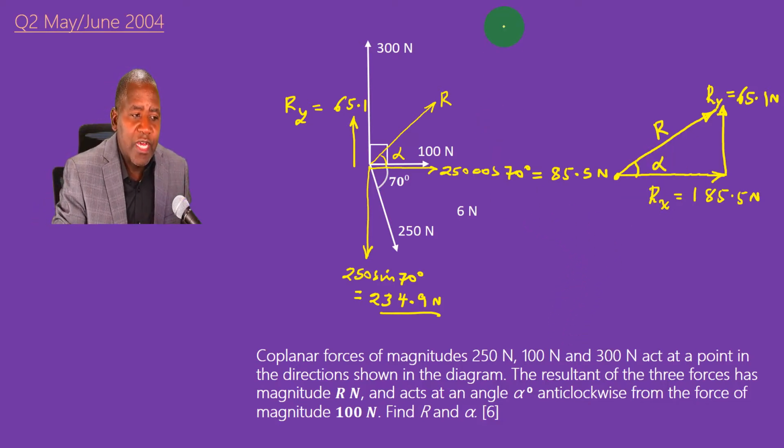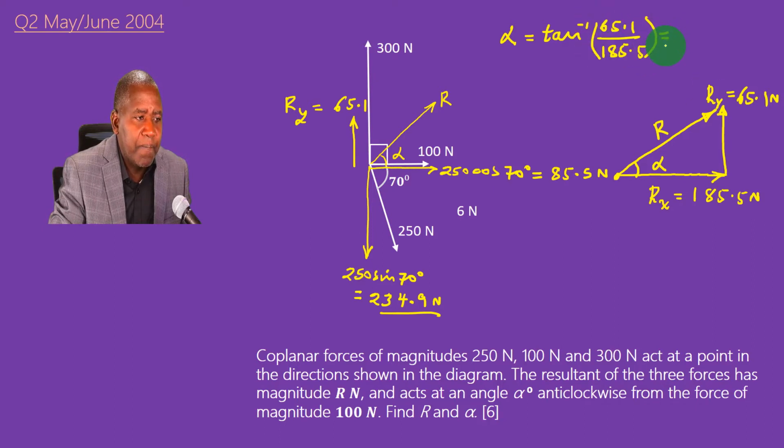So you can see that I can get alpha using the tangent of that angle. So alpha is equal to the tan inverse of 65.1 divided by 185.5,